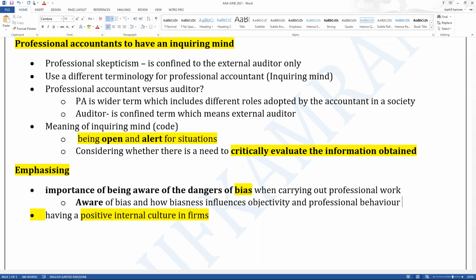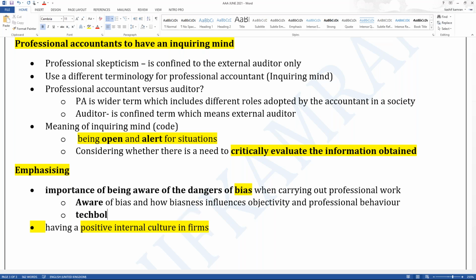We even discussed that yesterday. But you should also be aware of how technological bias can influence the professional accountant. Did we discuss technological bias and how it can influence the professional accountant yesterday, everyone? Can we get impressed by technology? Can we get impressed by the output of technology? If you attended the live webinar, did we discuss how technological bias can impress the auditor? Do we get impressed with technology?